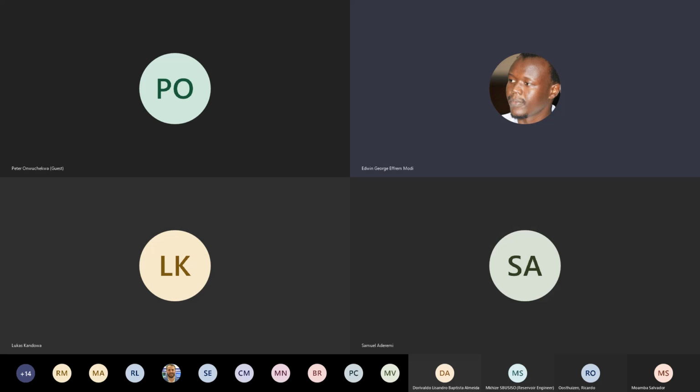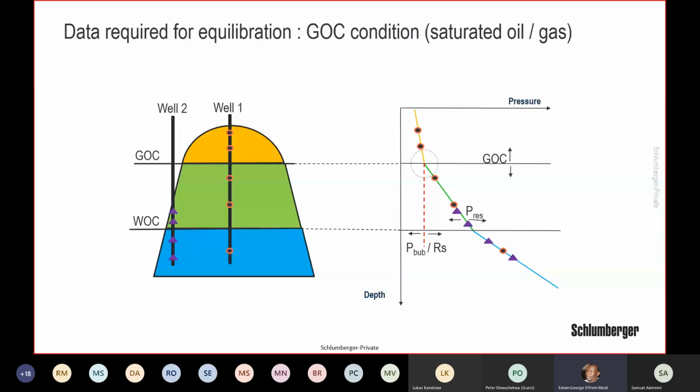You have two wells in this anticline structure. In well 2, the well is penetrating only your aquifer and the oil column, right? So if you would like to do the initialization by equilibration, then you have your datum and your composition, which is the composition from the PVD. But you are not able to see the GOC. So in those three parameters needed for the equilibration, the GOC is highly uncertain compared to the other